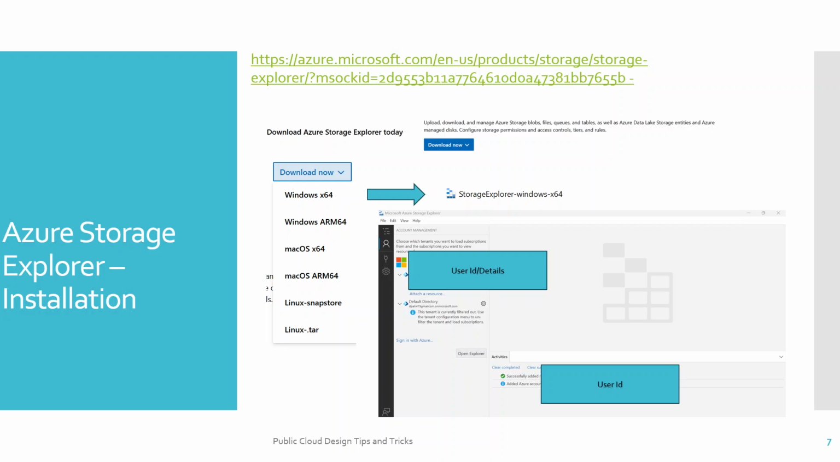So that is where you will get to sign in to the Azure subscription. You have to use your user ID or credential details to sign in to that particular subscription. And once you are successfully logged in, you will get a pop-up saying successfully connected to